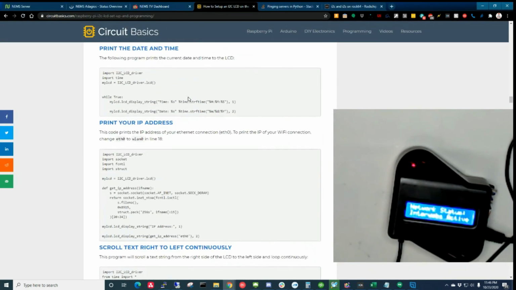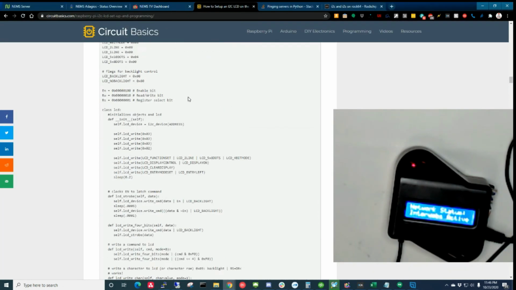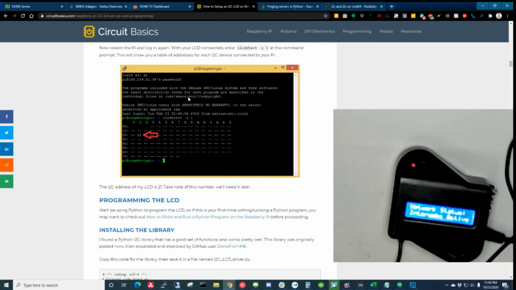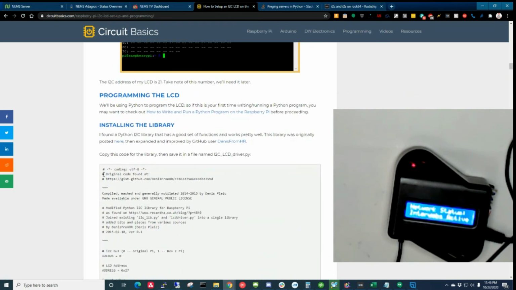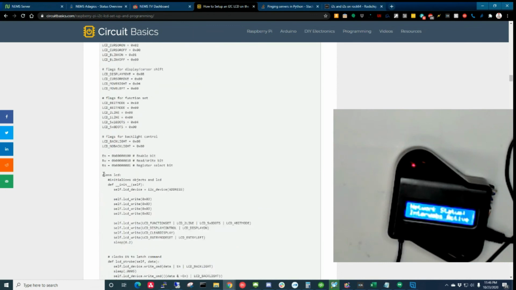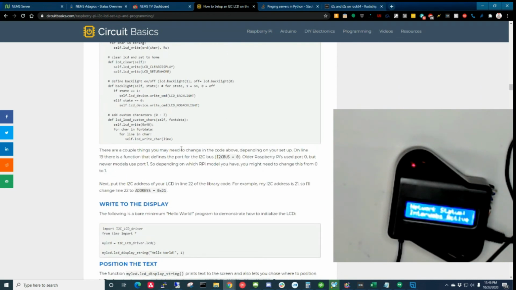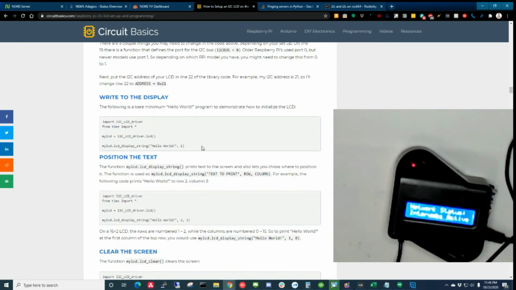First, I came across this Circuit Basics website. He actually provides the code for how to access the I2C library, how to actually access the display. This was the first part of the magic, and I was finally able to follow these instructions in order to actually output a hello world, which was a big success. Turned out that